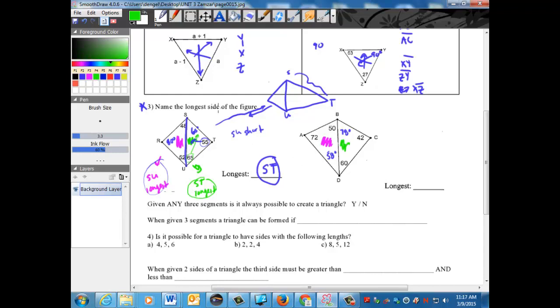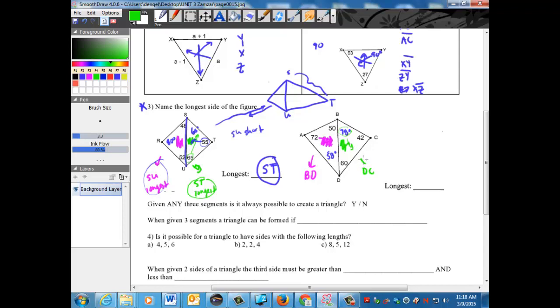And just like we did on the last triangle, let's look at the triangle in pink. The longest side in this triangle would clearly be BD. Why? Because it's opposite our biggest angle. And then for the triangle in green, we see that our largest angle is 78, and the opposite would be